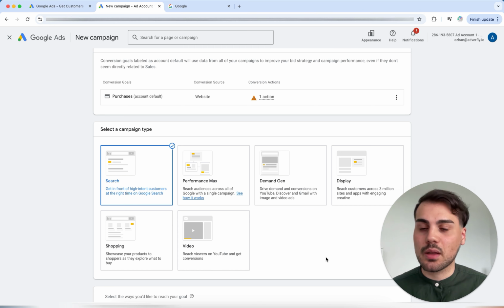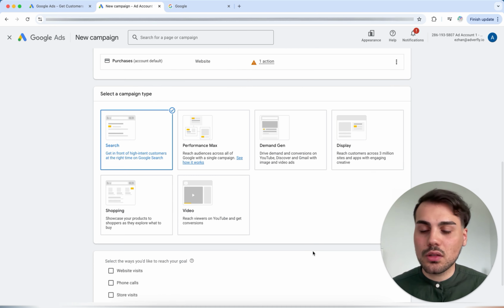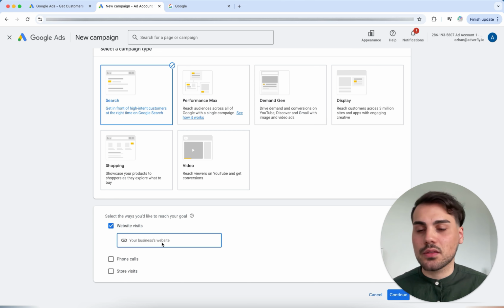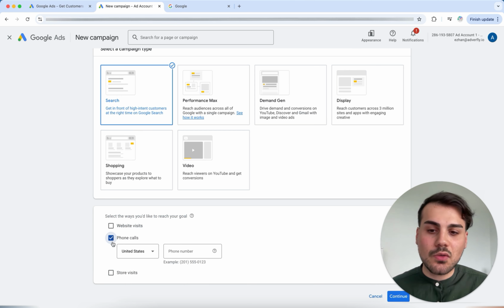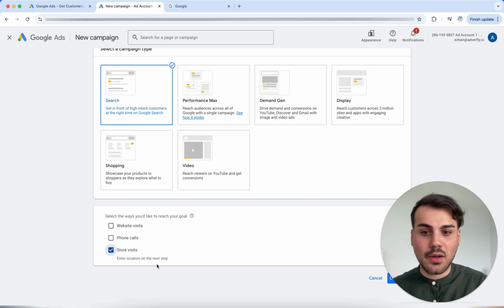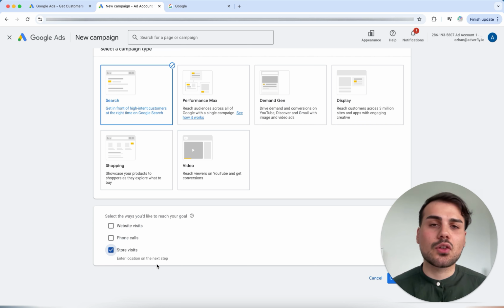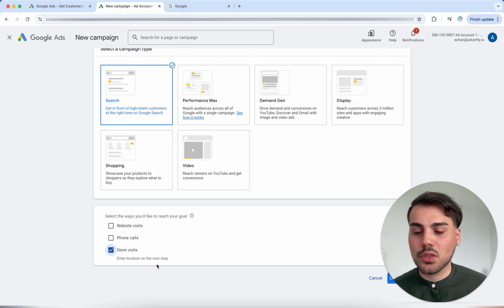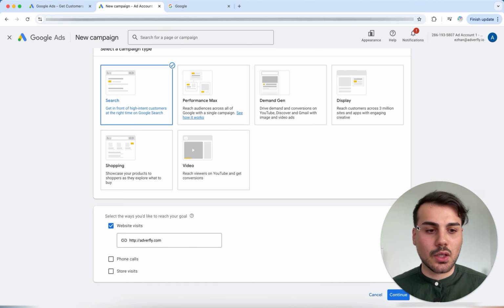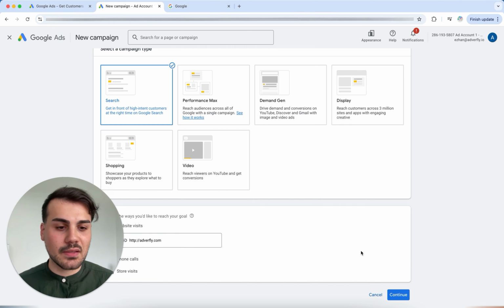Exactly. That's why I have now selected search here, as we all see on my screen, and then the next pop-up appears below where we need to say how we want to reach people. For example, we can say, hey, I have a website, please redirect these people to this page. Or I have a telephone number, people should call me. Or even a store, if you have a local shop like a restaurant, not online but locally, if people should come by, that is of course also possible. In this case we have a website, which we then enter here, and then we can continue by clicking on continue, which we will do briefly.